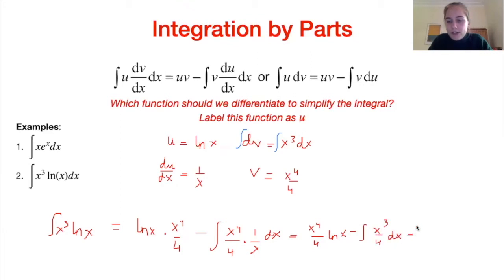So we find finally, solving that integral just using the integral of x to the n from our formula booklet, that this is equal to, well, taking out the factor of 1/4 at the front and integrating x cubed, this as our final solution. So if I write that out a little bit more simply, we can say,